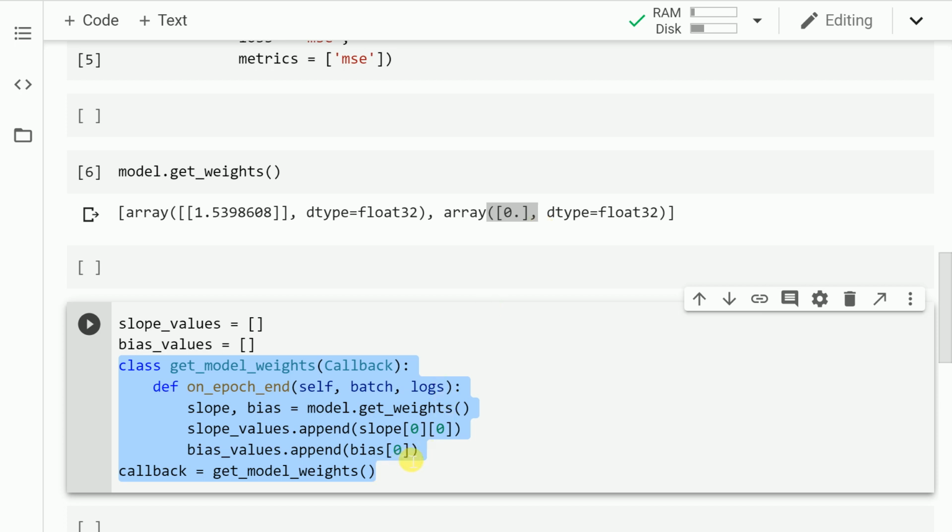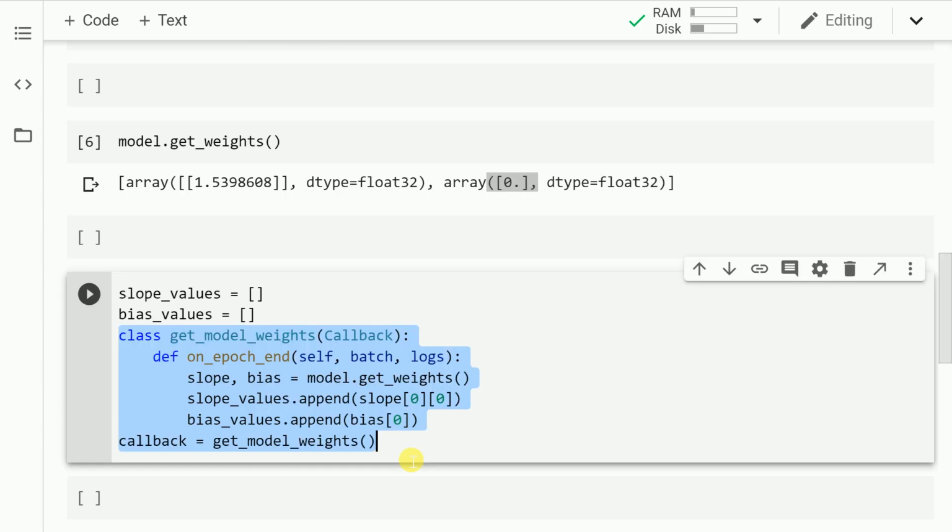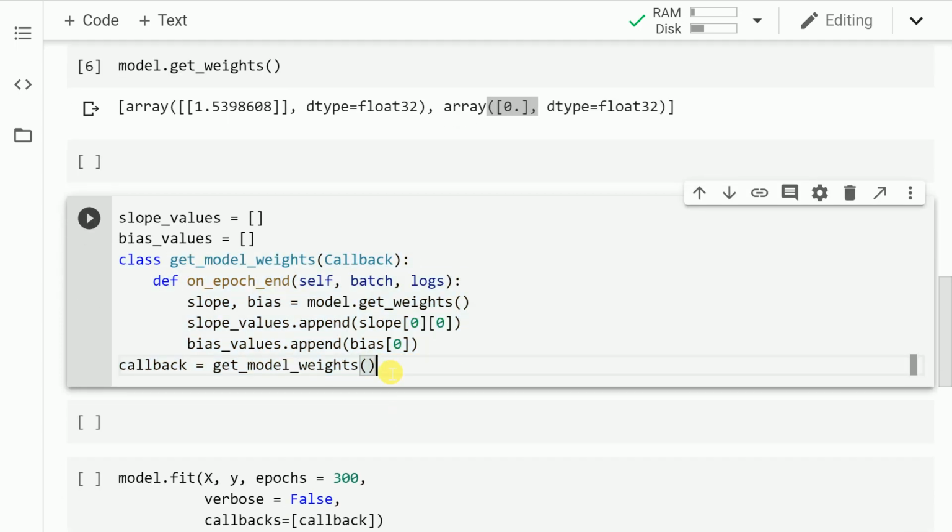So essentially after every epoch, I'll be calling this callback function, saving the value of the weight values as well as the intercept term, and then appending those values into the corresponding list that I've created. What we'll do out of that is we'll later visualize how the weights have changed as well as how the intercept has changed with time. So let me run this cell in order to include this in memory.